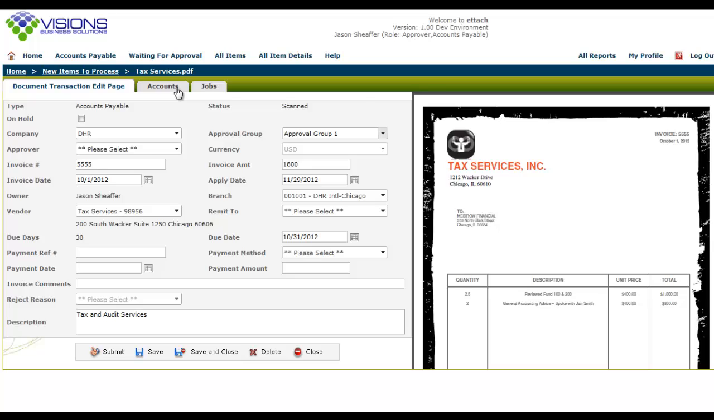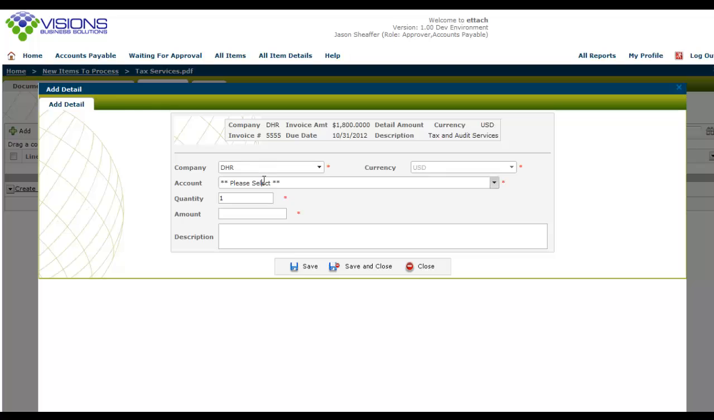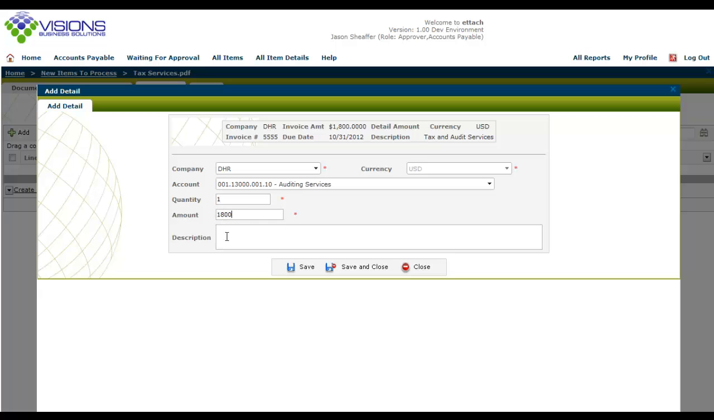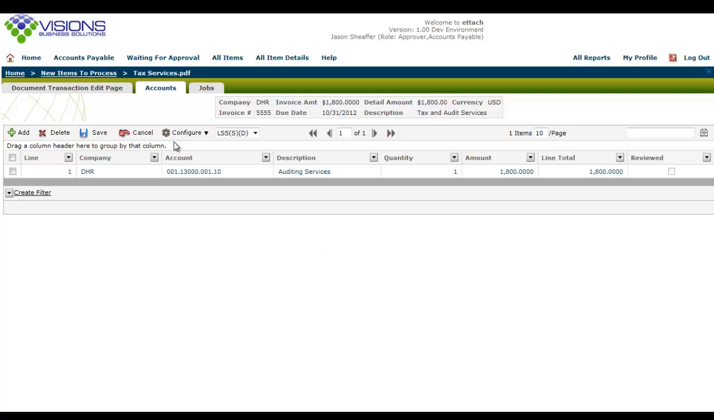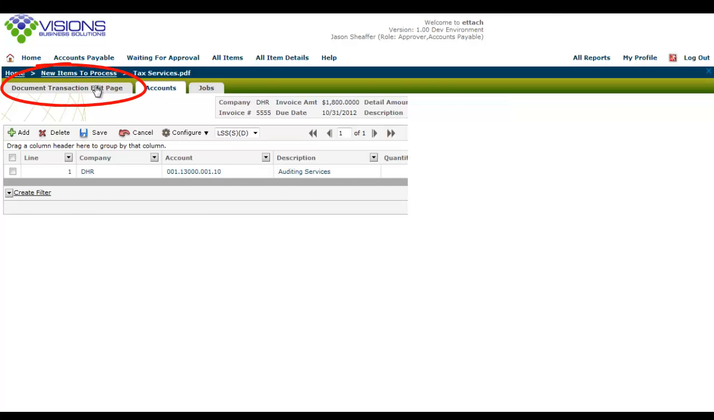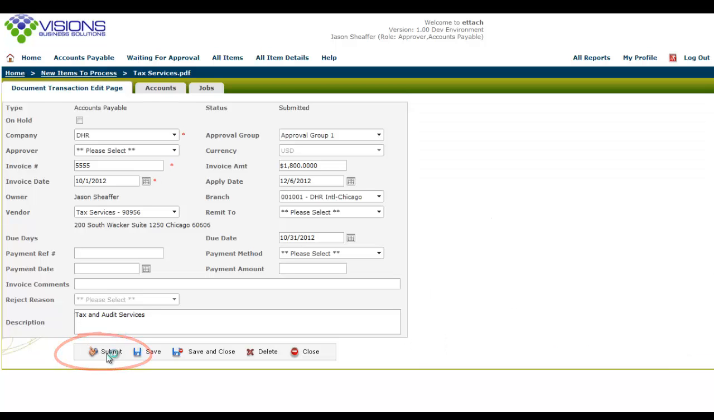By selecting the Accounts tab, you'll be able to enter your detailed lines for the transaction. Select an account for the line, as well as entering the quantity and the amount for the specific GL account line. You'll also be able to add lines to the vouchers if they relate to job cost. Once you have finished entering all the information, click Save and Close to get back to the line entry screen and select the Document Transaction Edit page to review the invoice